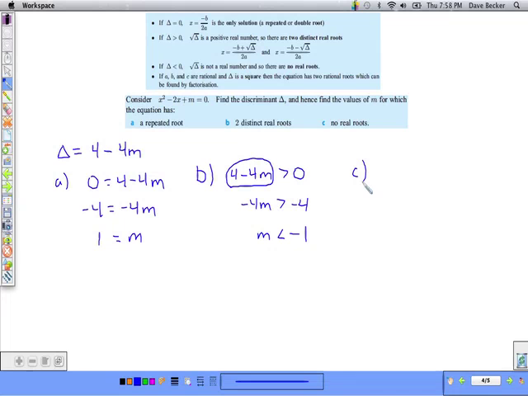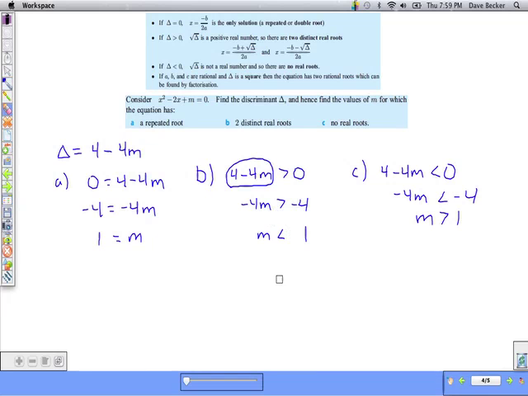And then for there to be no real roots, I would have to say 4 minus 4m has to be less than 0. Solving, again, it's really the same thing here, isn't it? It's just I started off with a different inequality, so we can quickly do this and divide by negative 4, which switches the inequality, so m must be greater than 1, oopsie, and must be greater than 1. Look what I did here. I hope that was bothering you. I need to erase that. Re-explain it. A negative 4 divided by negative 4 is a positive 1, so m must be less than 1